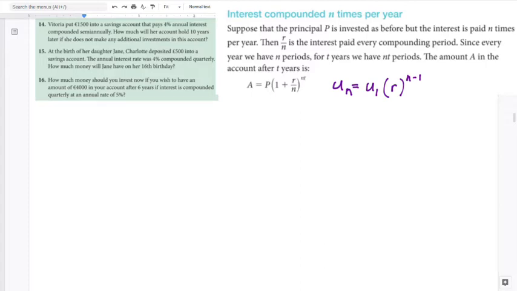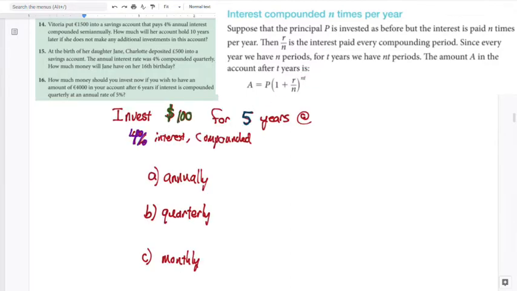The other difference, though, has to do with compounding, and it's the number of compounding terms that we talk about. So basically, somebody said, well, instead of waiting an entire year to get interest, why don't we give a fraction of the interest a certain number of times a year? So to understand this n and what it means and how it's used, I want to look at a specific